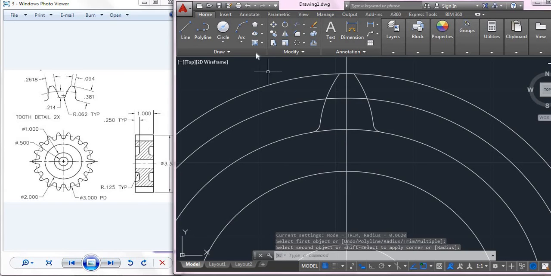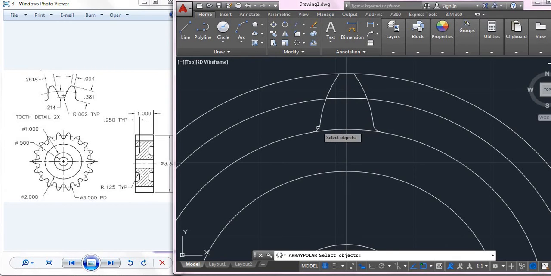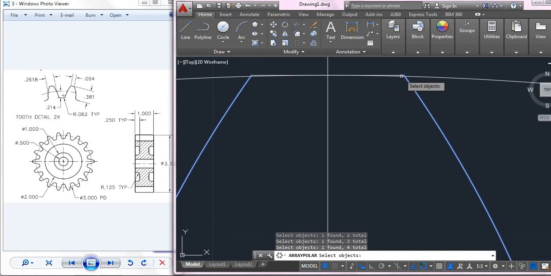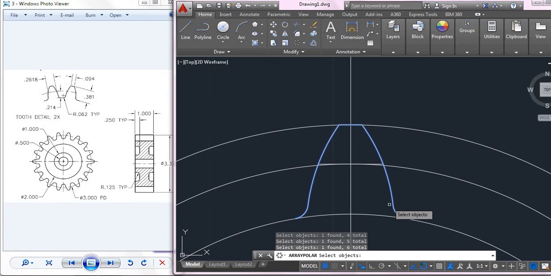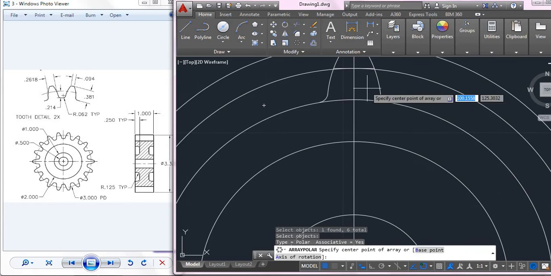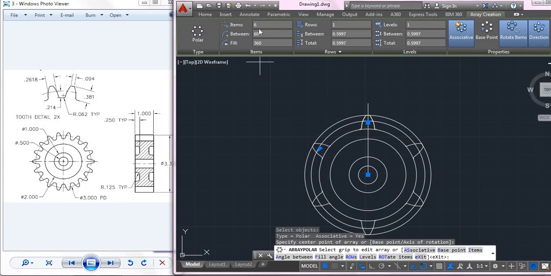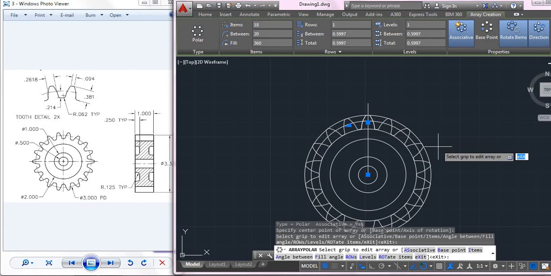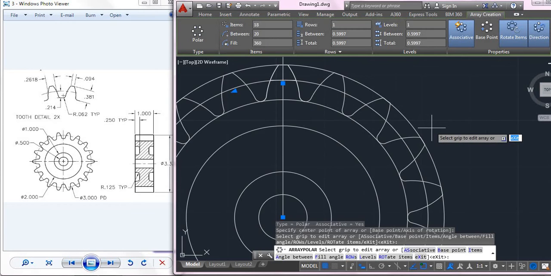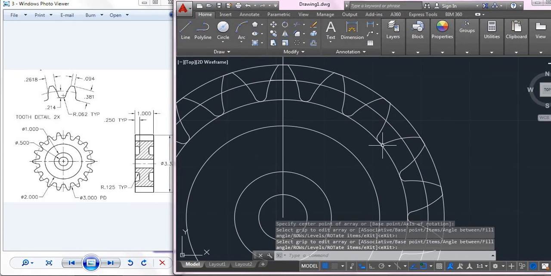Now you go for polar array and select all the curves that want to be arrayed, so that your work becomes easier. I've selected this, enter, and it's asking for a center point. I'll specify my center point as this, and I will specify the items as 18. So now you can see that we got the array, and also the filleted edges over all the edges.